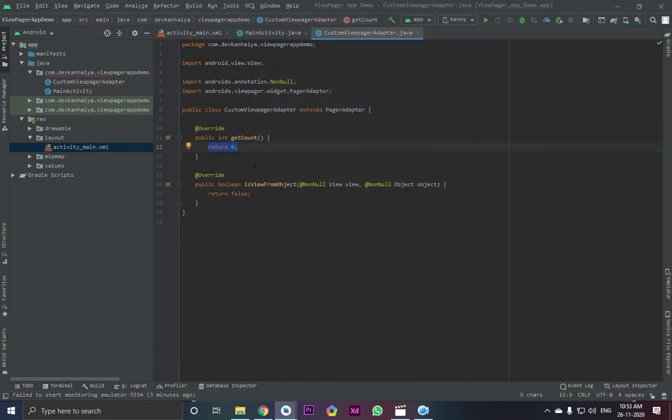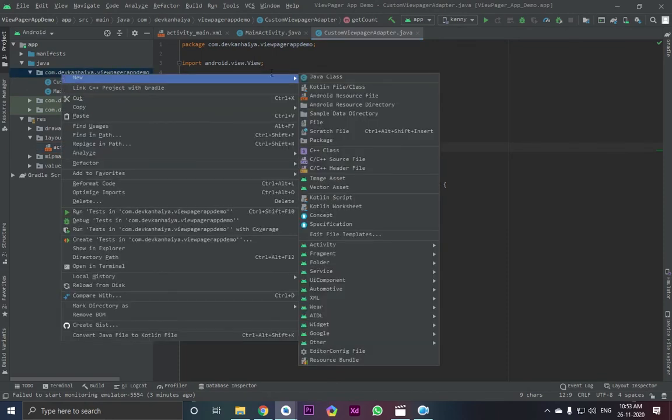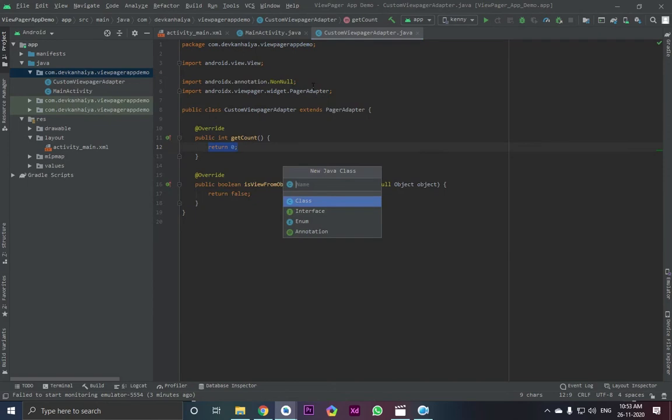First of all, we need to create a model. So I will explain everything. So watch this video from start to end. Let's create our model class, new Java class. So we are going to be using resources. So for the resources we are going to use enum. So enum is used for instantiating resources. I will show you how you can do this.